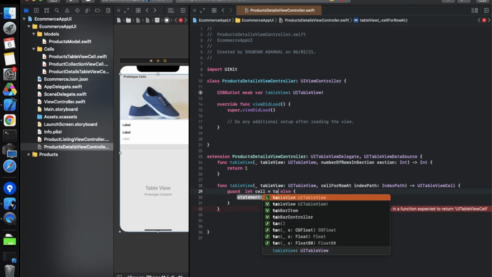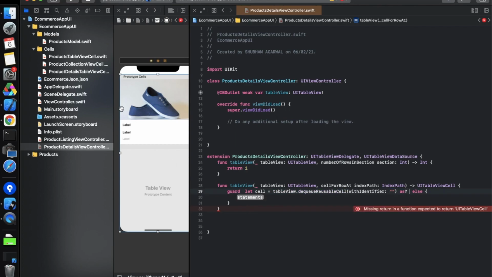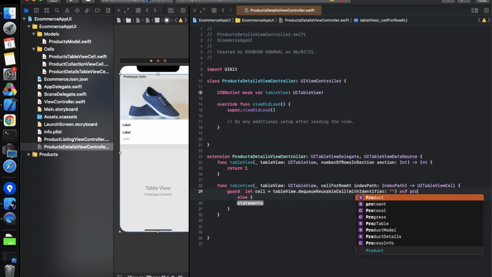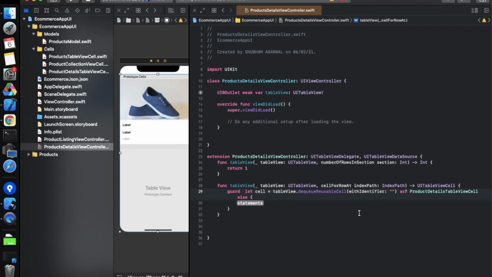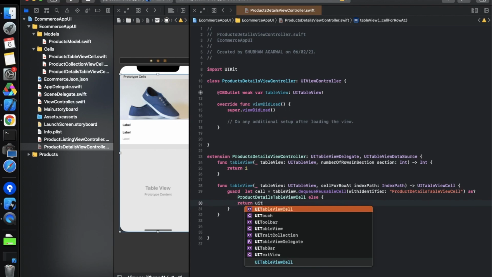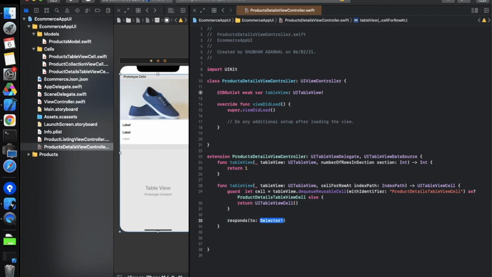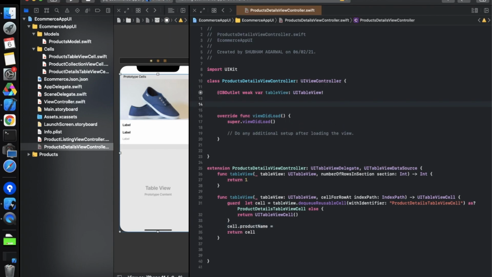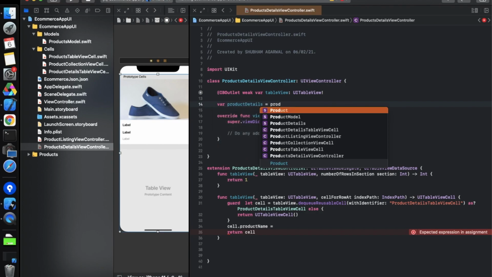Guard let, the name of the cell is ProductDetailTableViewCell, like this. In the else case we have to return an empty object of table view cell, and from here we have to return the simple cell. Now we have to define properties over here, one property with the same things which we have already discussed: product details equals product details.